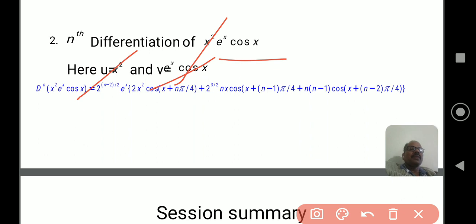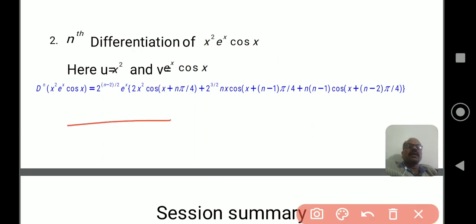You can apply the Leibniz theorem for the above function. It is very clear. The first function I am choosing is x square, the non-reducible function. nC0 is 1 here. X square is over. Next, e power x into cos x, the nth differentiation, where b is equal to 1